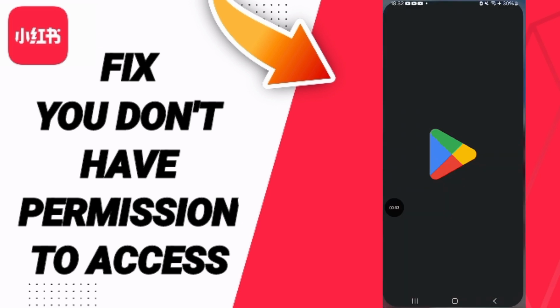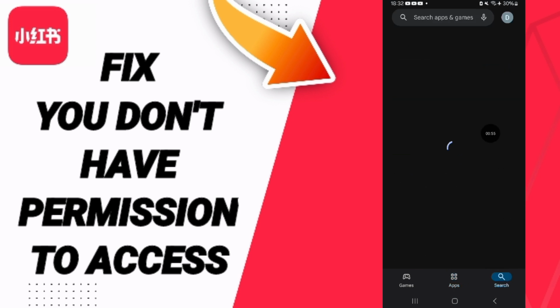Then we go to Play Store. You will search for the application of REDnote and then you can update your app. So please don't